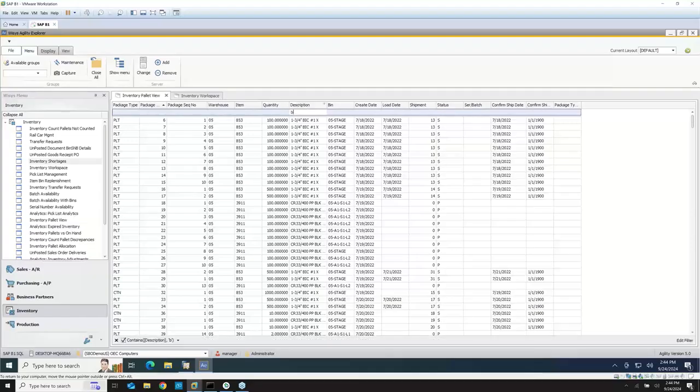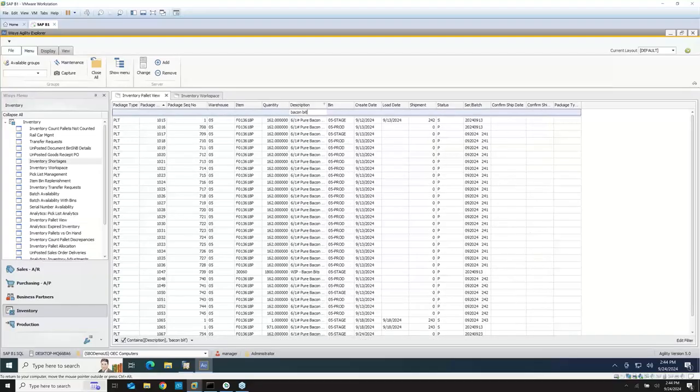And today we're working with bacon bits, so I'm going to type in bacon bits and see all my pallets in my system that have bacon bits. And you'll see that down here at the bottom, that 1067 is located right down here that we saw. We built that single pallet of 162 cases of bacon bits. Really easy, right? We have the information in the serial batch, and this is just a regular stocking unit